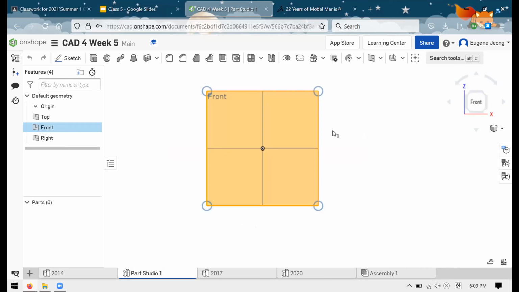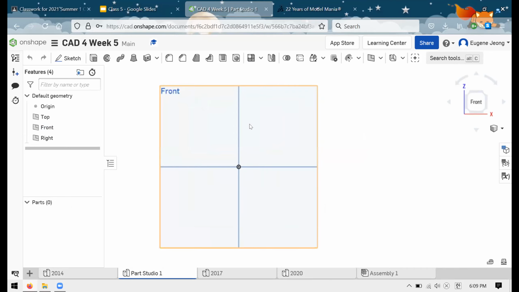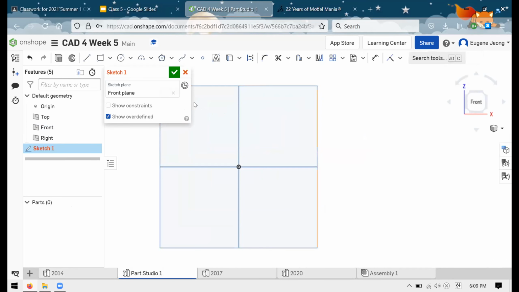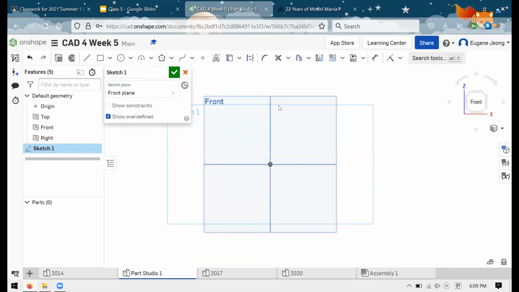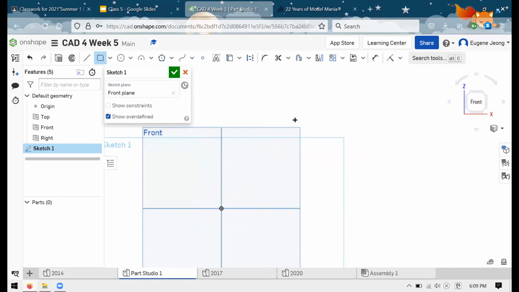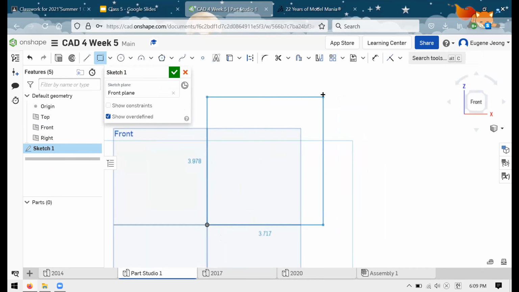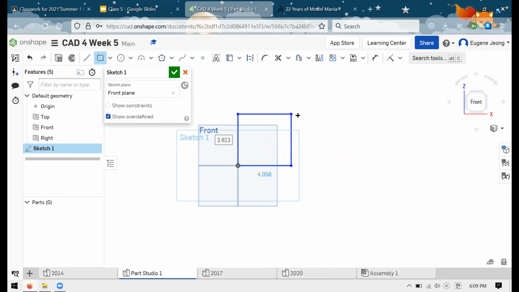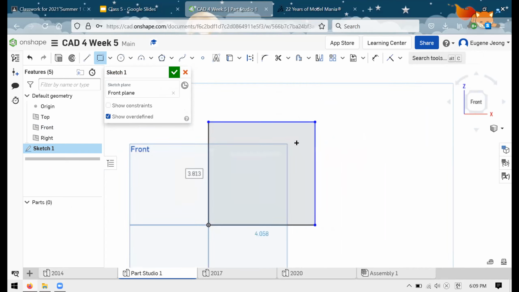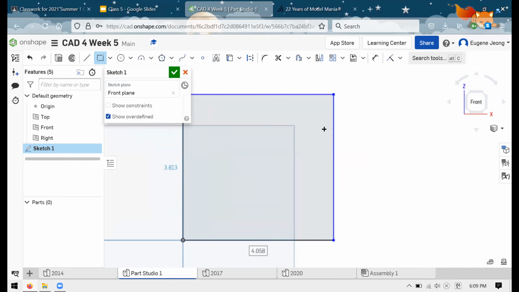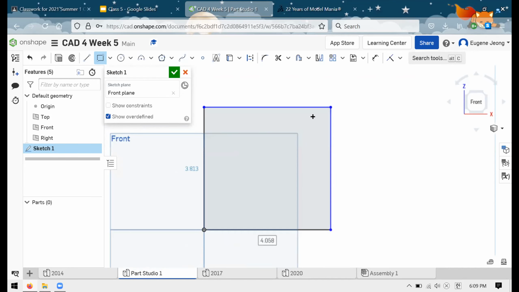So the first thing I want to talk about is not so much a new feature in particular, but more of a concept. So let's say that I'm making a plate that has to be mounted to another part, right? And if that part has bolts on it, like we saw in CAD 3,